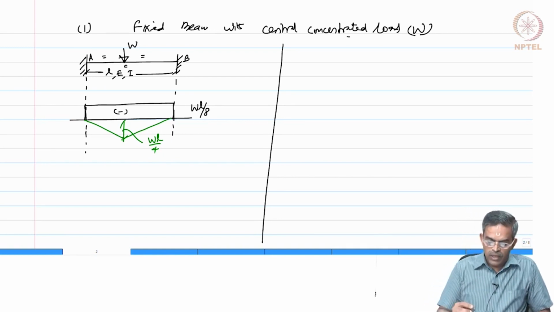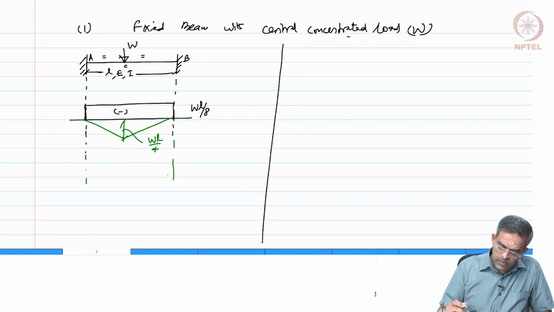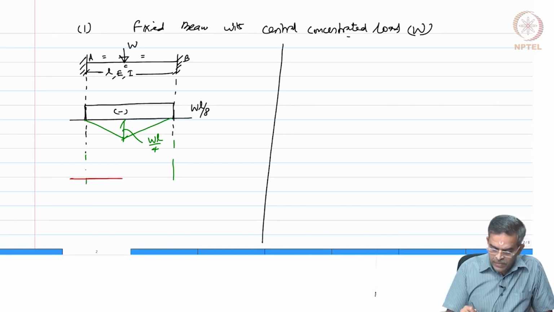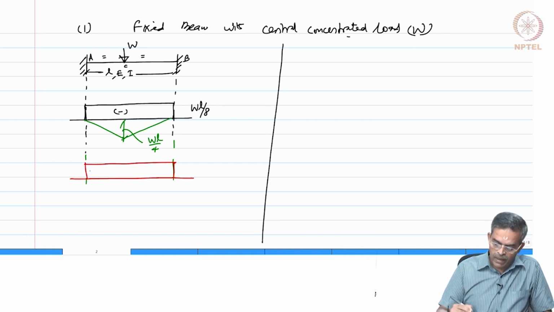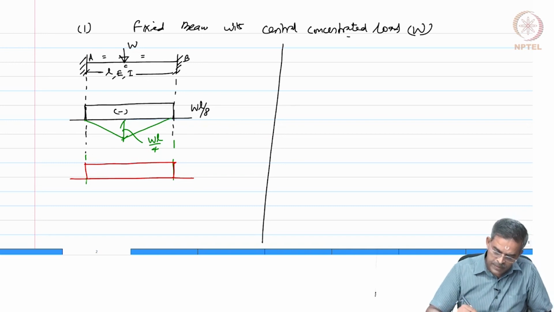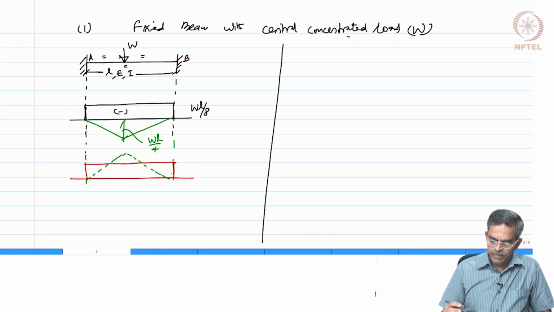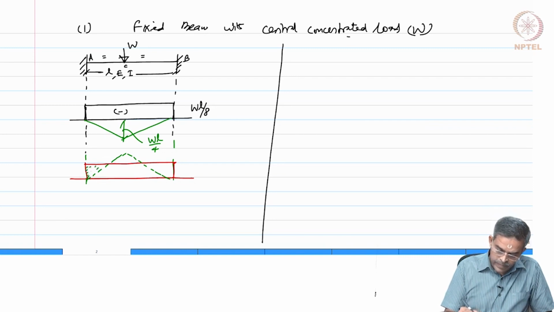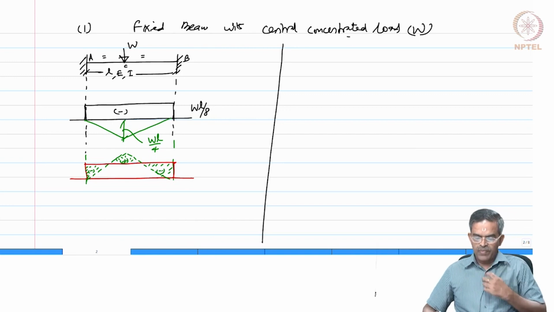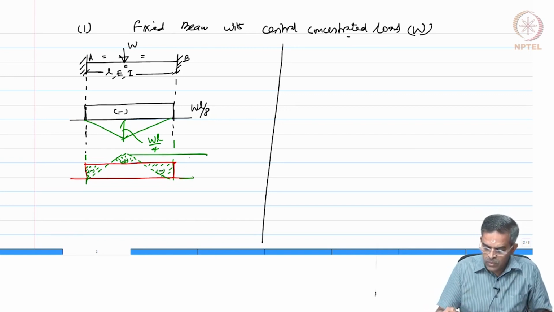Okay. What I do, I superimpose these on the same side. So, I draw the negative bending moment diagram here and the positive bending moment diagram, I just swap it like this. Okay. So, this is negative and this is positive, again negative. Okay. We already know that this value is WL by 4,